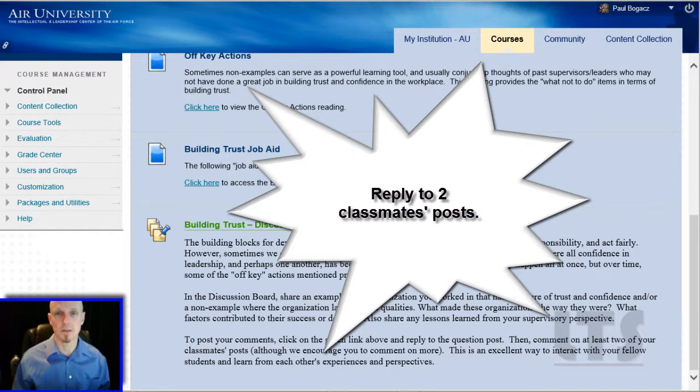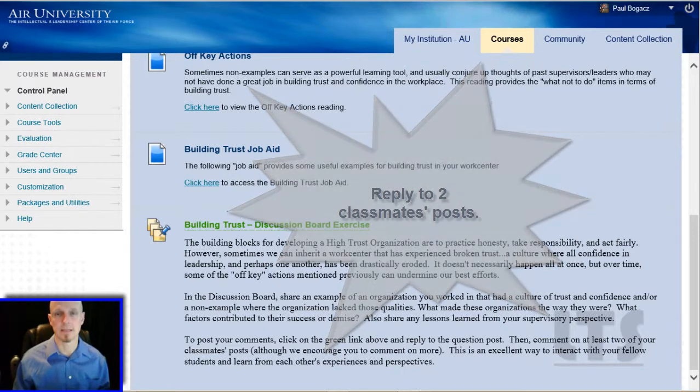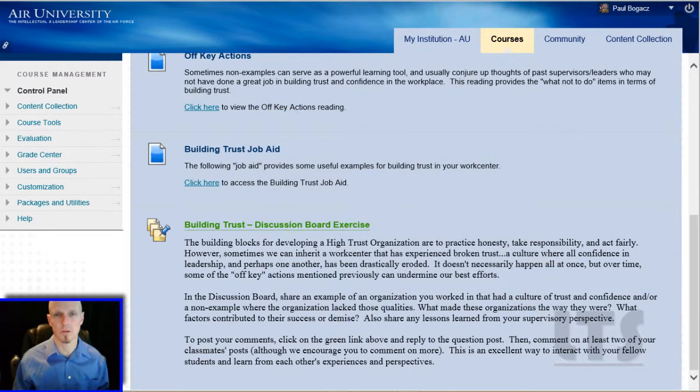One neat little trick to understanding whether it's an individual discussion board question or a team exercise discussion board question is by looking at the verbiage in front of you. On this screen, you can see that there isn't a set of questions. And when we get to the team exercise discussion board, you're going to have a better understanding of what I mean by that. For the purposes of this video, let's just click into this hyperlink here to access this individual